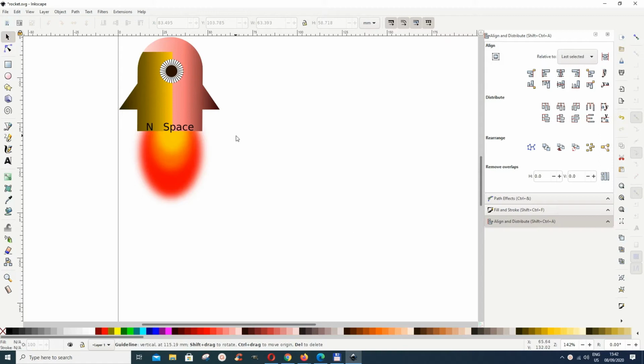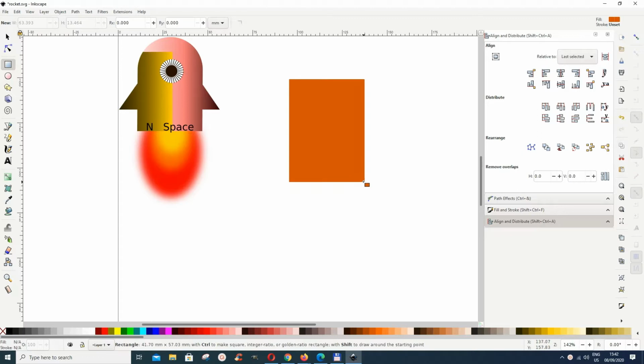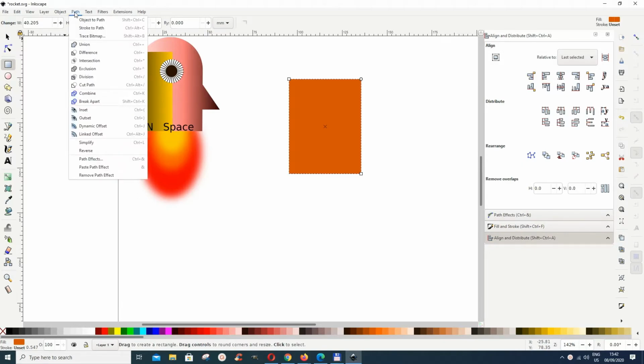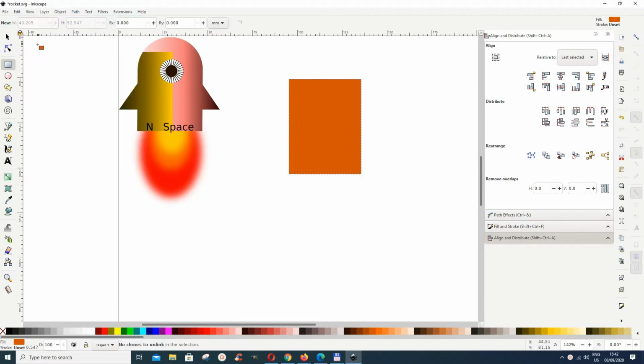In this tutorial, we want to draw this space shuttle here in Inkscape. I'm using Inkscape 1.0. So we'll start by going for our rectangle and square tool, and then we draw something like this, more or less a reasonable size. Like this is okay. Now we go to path, object to path, and then we